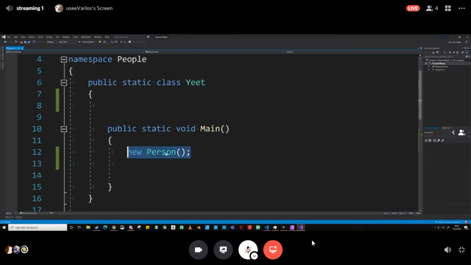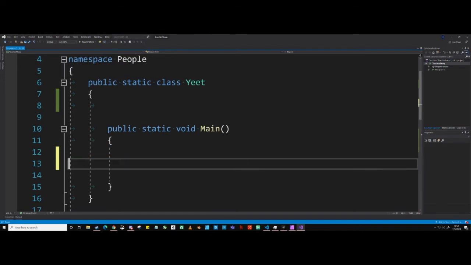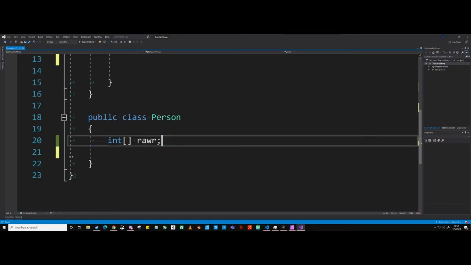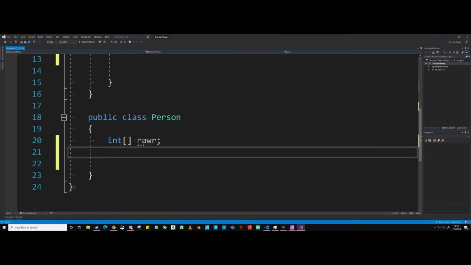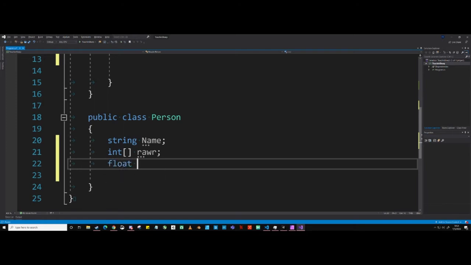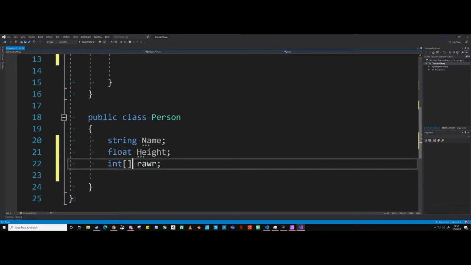Okay. So like I said before, classes are containers of data. So let's just create some data in this container, whatever. We have an integer. We have a string. Let's call it name. And then we have a float for height. And then we have an integer for